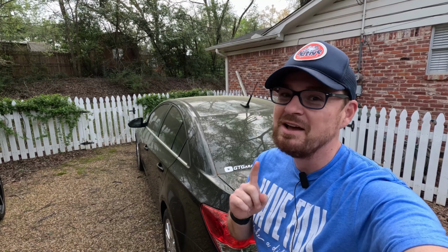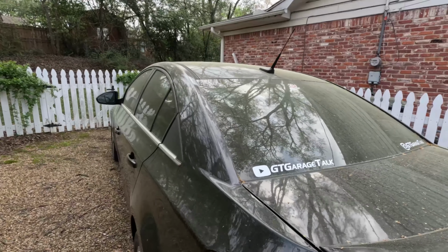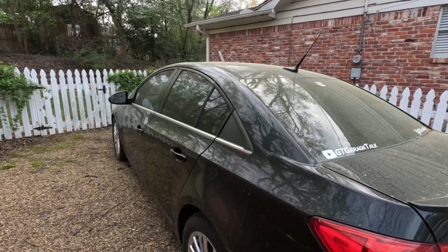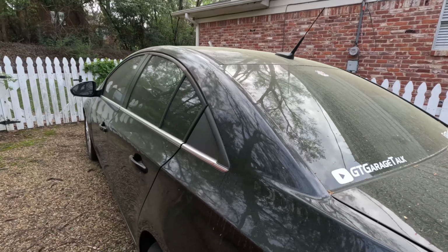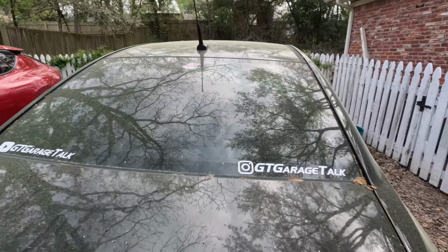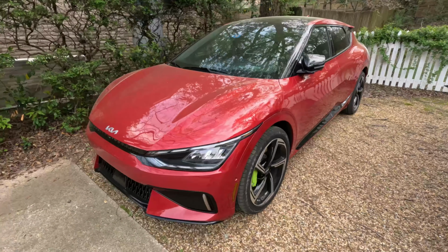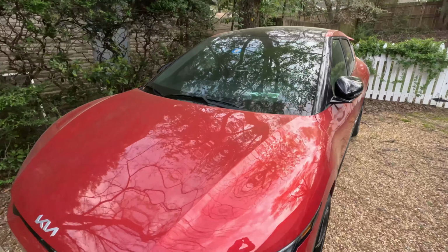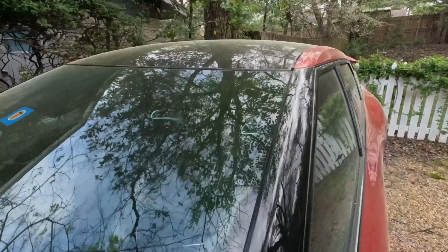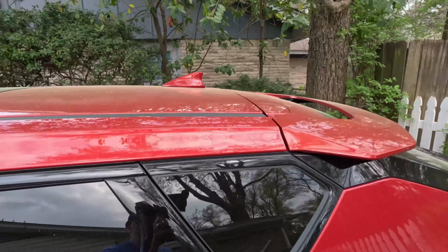It is springtime here in East Texas, and you know what that means? The pollinating is happening. Yes, my car has been sitting outside for over a week, and you can see it is no longer black. It is a nice shade of pollen, and yeah, not very clean. And then looking over here at this Kia EV6, this has just been out for one night, and we already have a nice coat of pollen all over the top of this one, which leads very nicely into this week's